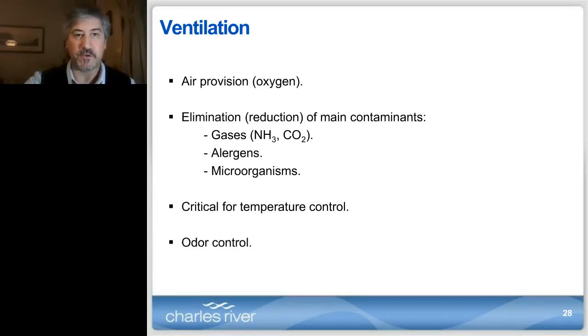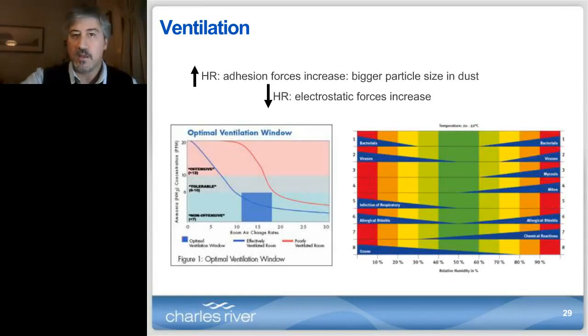Let me just make a few comments about ventilation. It is probably one of the most important things in an animal facility. It provides the fresh air, the oxygen. It is the main means for reduction or elimination of contaminants: ammonia, allergens, microorganisms. It is critical for temperature control, and also helps with odor control. There is standard agreement for